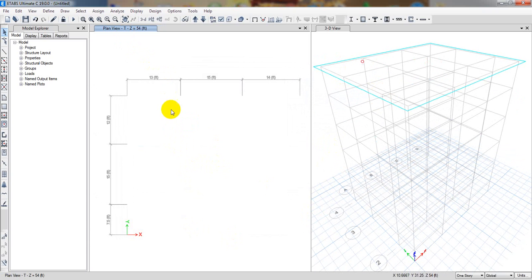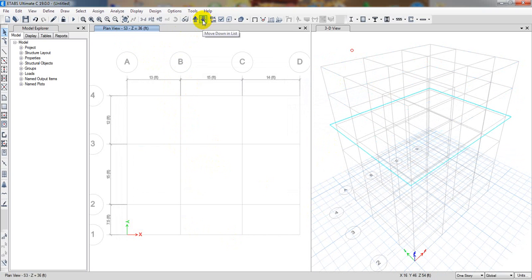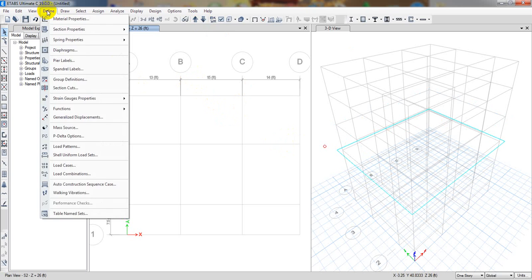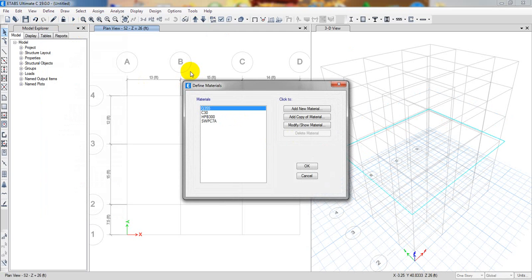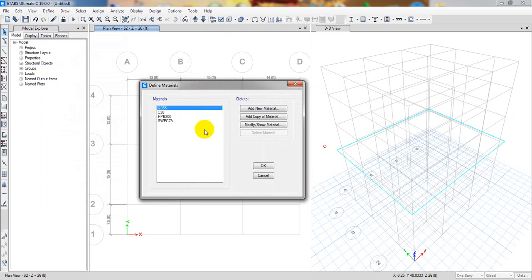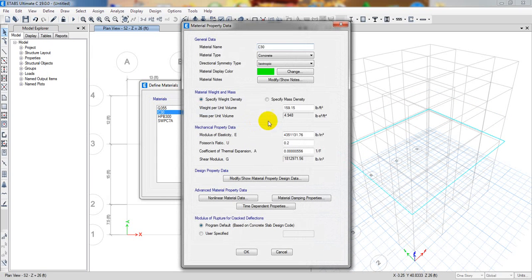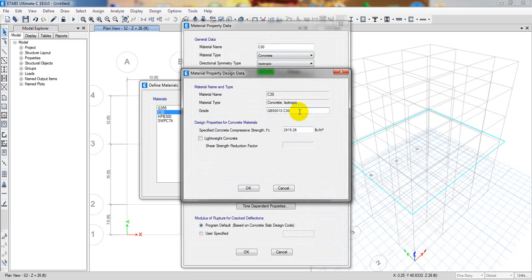So when it's done, okay, I'll just go down. And first, when our grid system is okay, now I'll go for define materials property. So first of all, I'll define materials property. So if you see here, it's showing us some different materials property. So if I click and modify, this is concrete C30, and from here, if I go change materials property, okay,